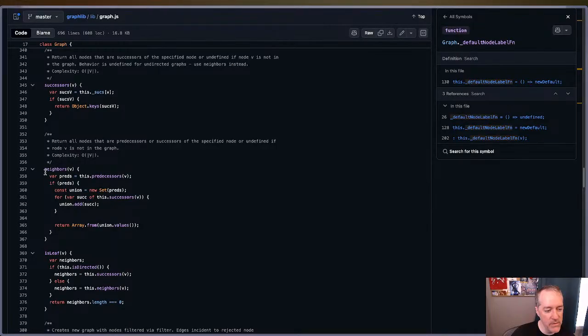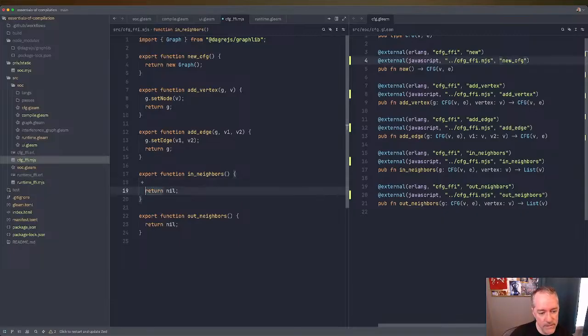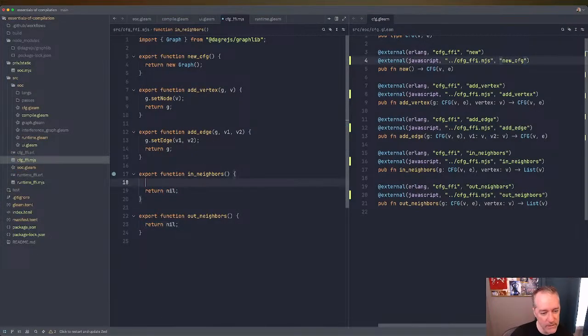So in neighbors is predecessors. Yeah, these are basically like when you add an edge, it's updating both the... It's like an adjacency list type of, or not an adjacency list, but you know, it's keeping all of the edges in both ends of the arrow, right? So